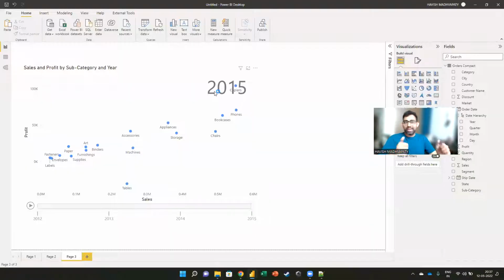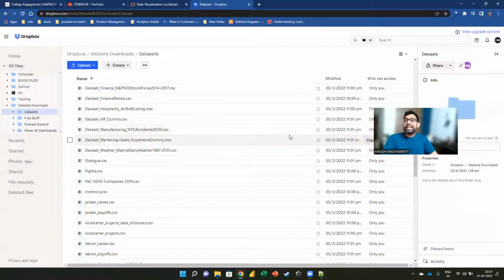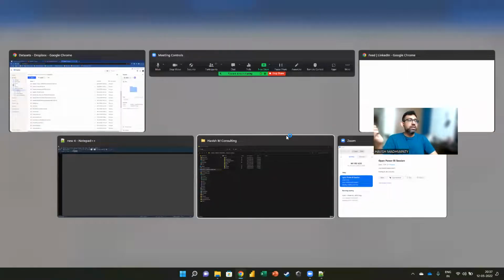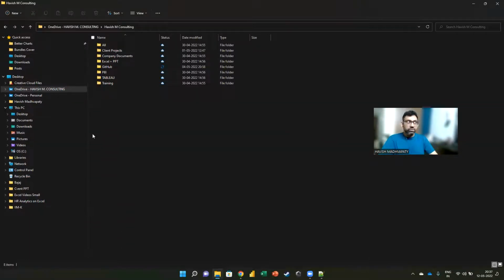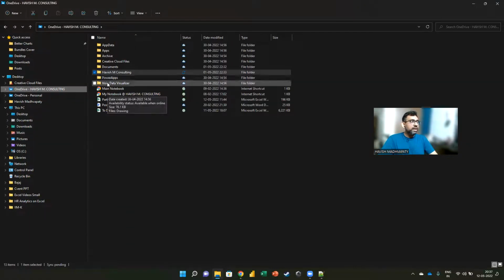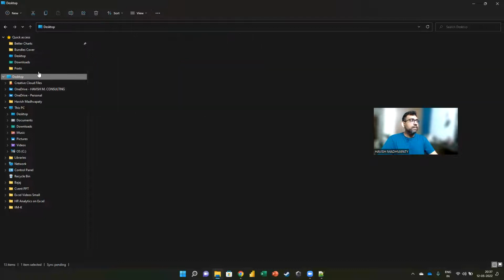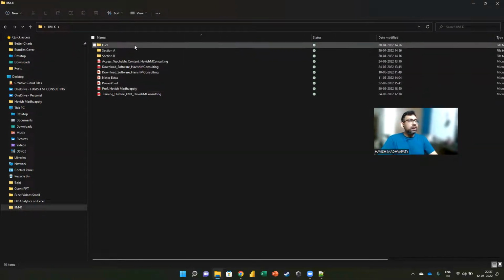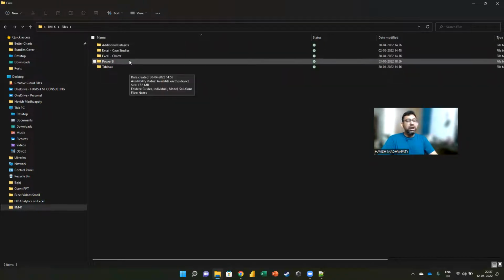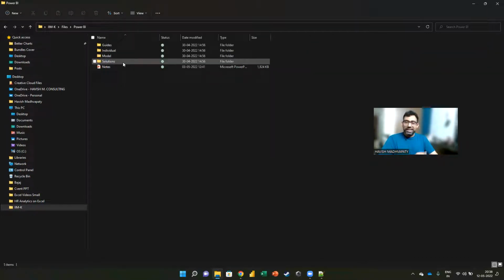Now that I've shown you AI, I've shown you a dynamic visual, and I've shown you the custom visuals, let me also show you something different, which is the data cleaning part of it, right? Okay. So I have a folder with me here, which is on my desktop. This is the training I did at IIM Code as well. I'll do the same example with you. Of course, I can't do the entire example, but I'll try to cover a little bit of it.